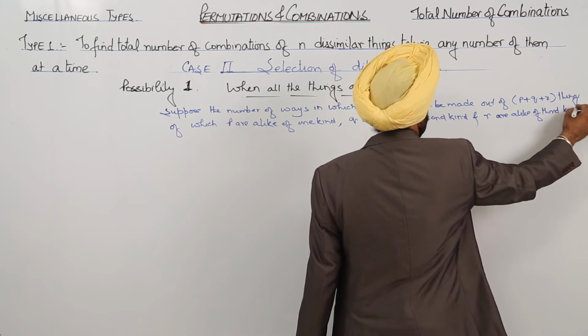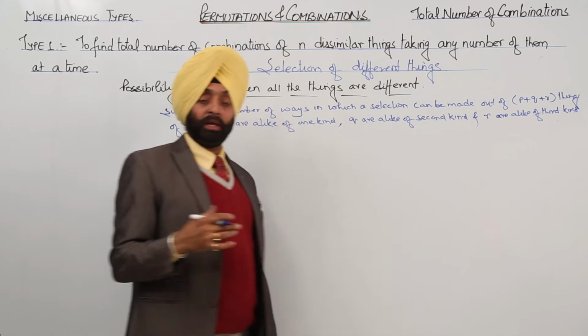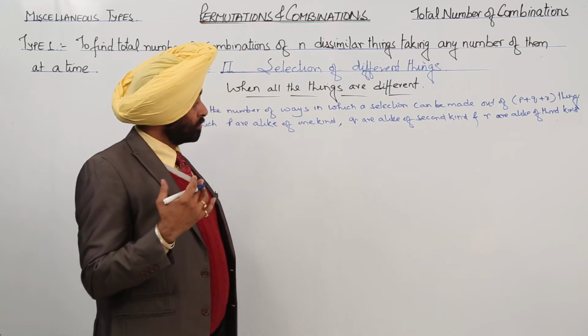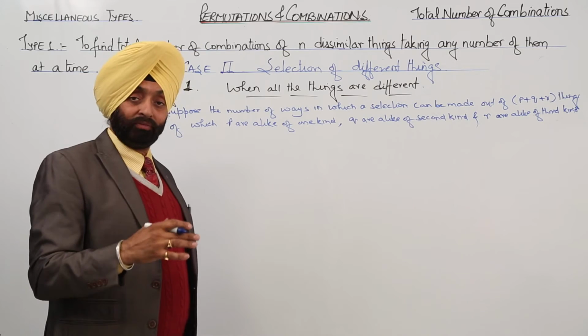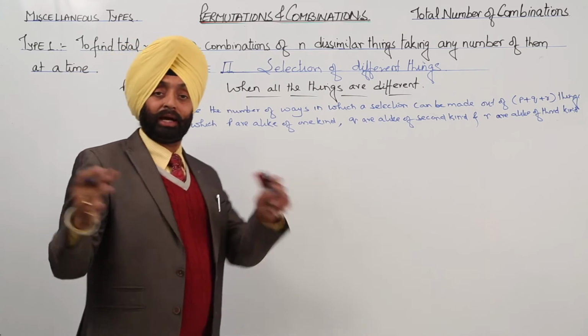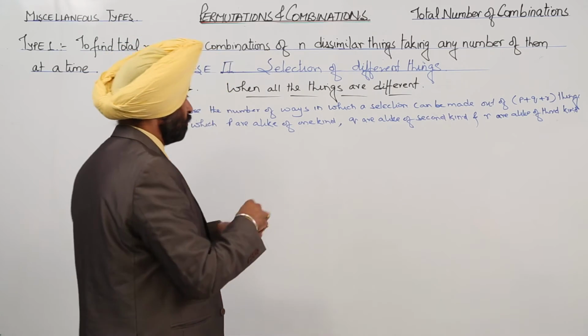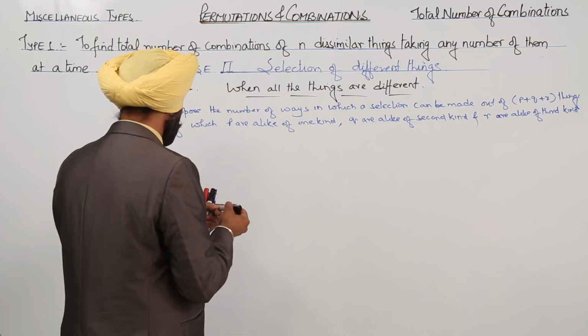So for all the three we have just supposed that the selection is to be made from P, Q and R, where P is of one kind, Q is of second kind, R is of third kind. Okay, then